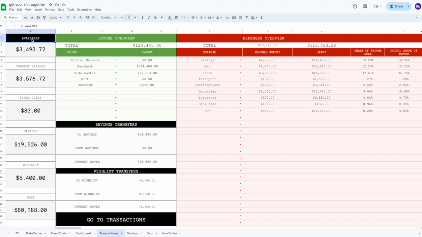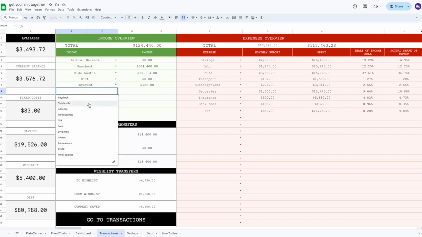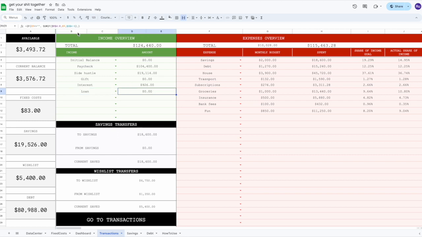Okay, so let's start with the left hand side. Available is the same as available on the dashboard. We have current balance minus your fixed costs, and that shows you how much you have available to spend. And you also have your savings here, and then how much you have in your wish list, and then your debt here as well. Your income overview, you pick from the drop down what category of income it falls under, and then the amount is calculated in the transaction sheet, so you don't have to put in anything here. And you can tell because when you click on the cell, there's the formula,